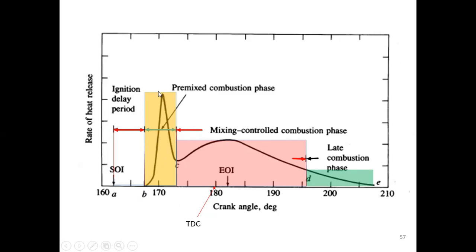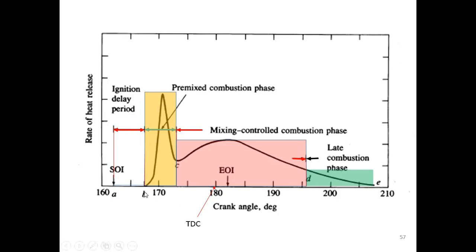You see the highest peak of the rate, in terms of rate, not amount. The rate of heat release is highest during the premix combustion phase, because only partial burning of the fuel happens here, and it happens almost immediately when the fuel is injected into air that already has a high temperature. So ignition and combustion nearly happen at the same time.